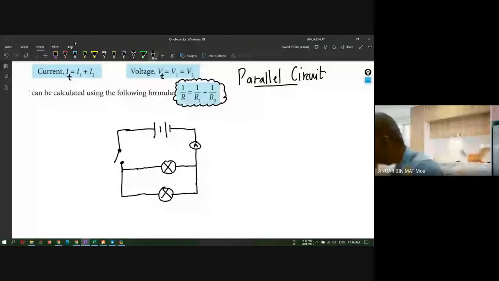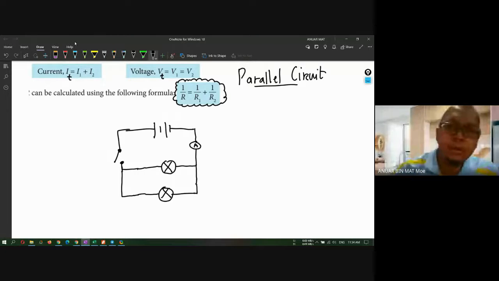Where's your textbook? Okay, resistance, right? 1 over R total equals 1 over R1 plus 1 over